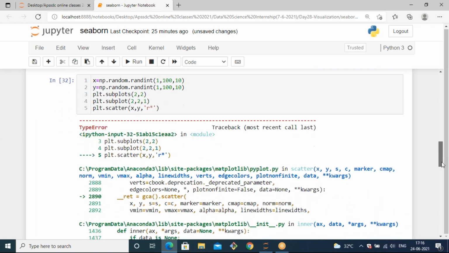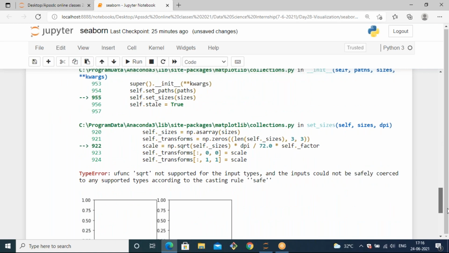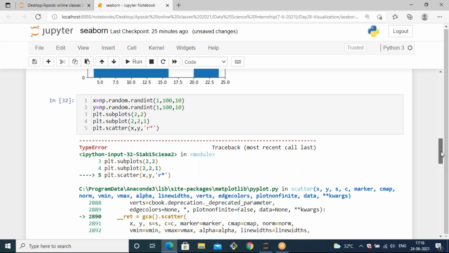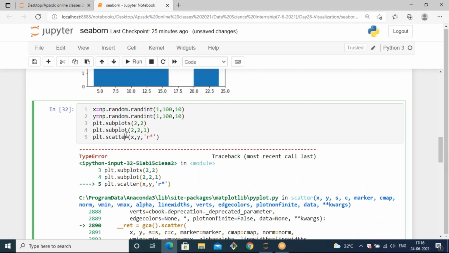Counter x comma y. Square root not supported for the input types, and inputs could not be safely supported types according to the casting. Okay, so when it is random data for scatter also, it's not going to be generated. If I use